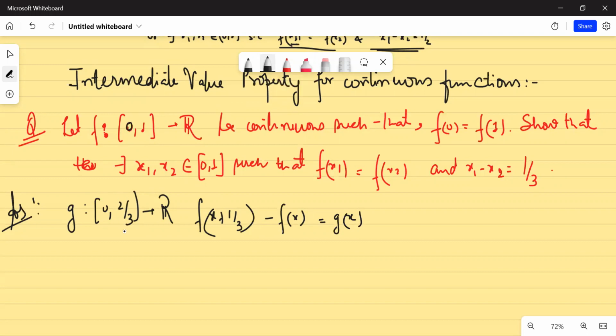So I have taken the caution so that my function is well defined. Otherwise, if the domain of g were from 0 to 1, then if I take 1 here it becomes f(4/3), and the domain of f would not allow that. So I have just written g defined from [0, 2/3] to R,